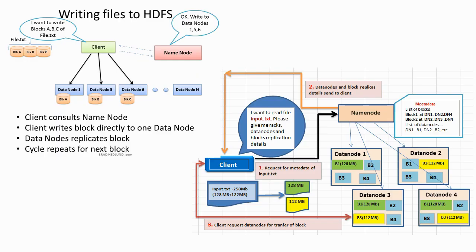Now let's look into the details of what happens when you try to write a file into HDFS. The green thingy here is your client, maybe your laptop or your desktop. You may be running a secure shell, and it is connected to the cluster. From this client you're telling HDFS to put some data, let's say file.txt. And the file.txt will be chunked up into 3 blocks.